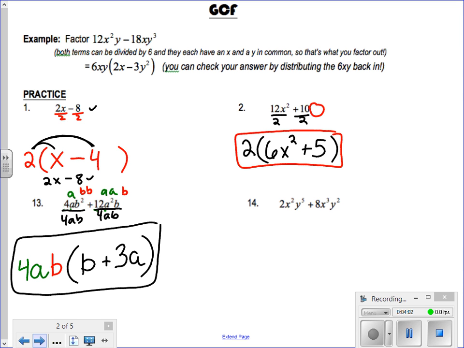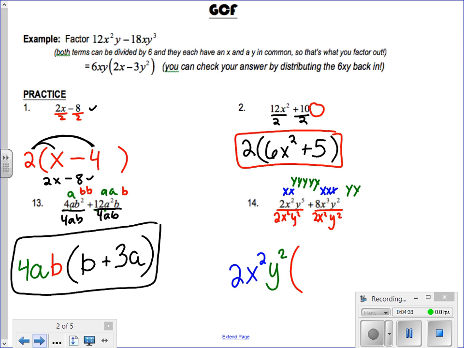All right, finally, same type of idea. Let's find the GCF between the 2 and the 8. 2 goes into both 2 and 8. For my first term, I have 2 x's. The second has 3 x's. That means they have 2 x's, x squared, in common. For the y's, the first term has 5 y's, and the second has 2. So the most they share is a y squared. Now I'm going to divide by 2x squared y squared